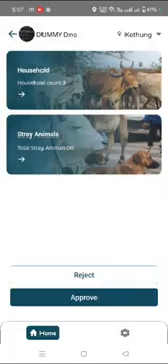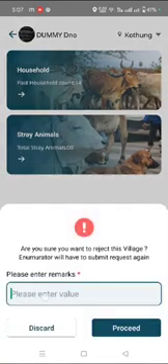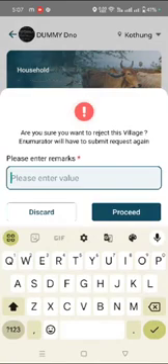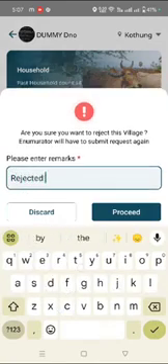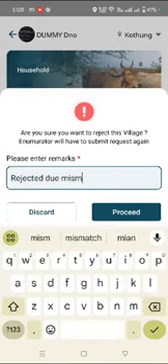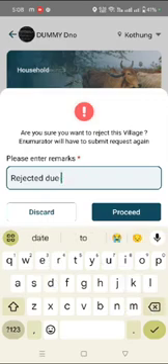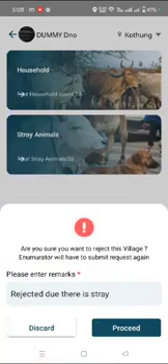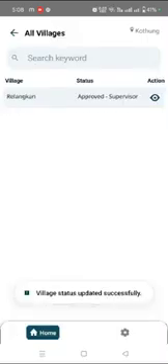Okay, now we are going to approve it. Okay, first of all, we are rejecting. Let's see. Rejected due to there are stray animals. Okay, we can say that. Proceed. Now the village status is updated, you have rejected once. Now let's see the